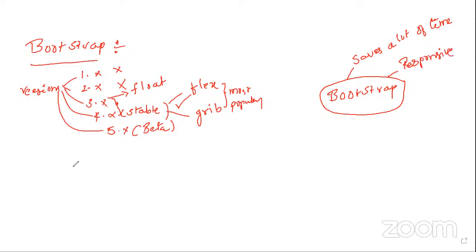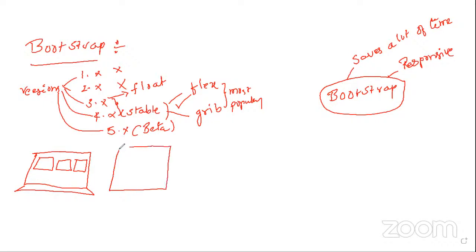Let me explain. For responsive, think about targeting desktop users. Just as a sample example, think about placing 1, 2, 3 elements displayed in a row. If I'm going for a tab smaller than desktop, somehow I can adjust the width to display 3 items in a row. Somehow the visibility is not going to be lost.